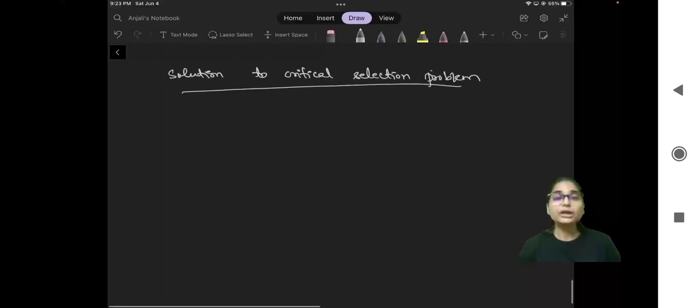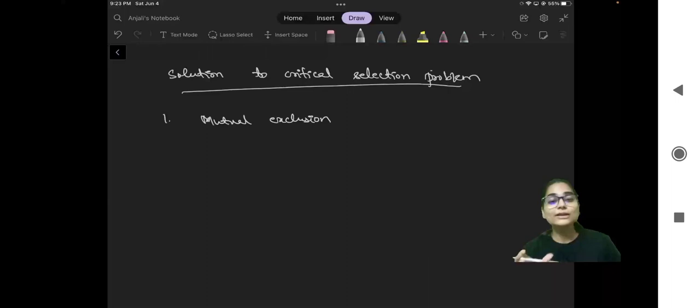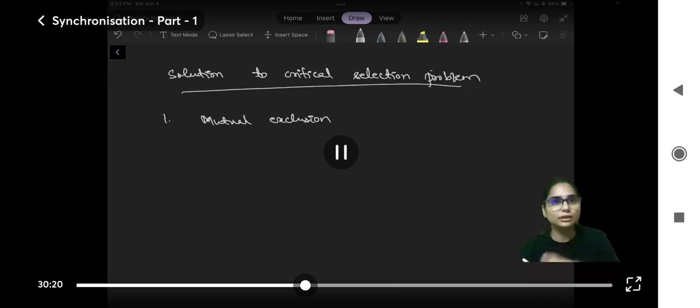All right, so here what all are we going to have? What is the solution here? The first solution we have is mutual exclusion. So what is mutual exclusion doing here? This particular one ensures that if one process is in its critical section, it is not going